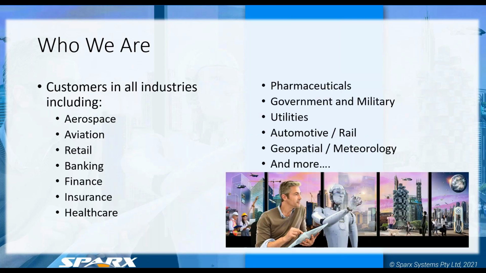So we are in pretty much every industry you can think of with that sort of broad description. Main ones being aerospace, aviation, government, utilities, health is a really big one as well. Standards development is also quite large. All of these organizations in these industries have software projects that they need doing internally. So that's why we are useful to those organizations.